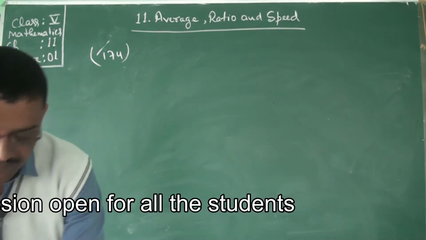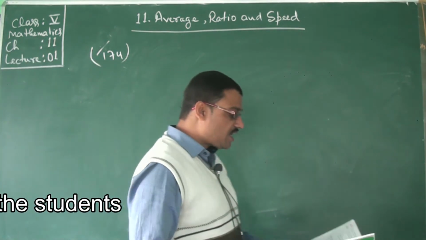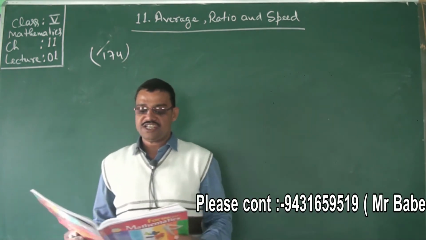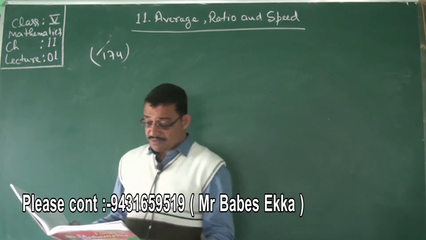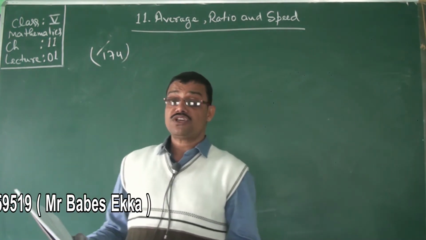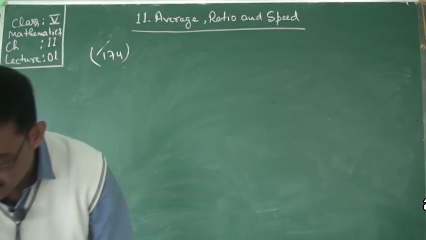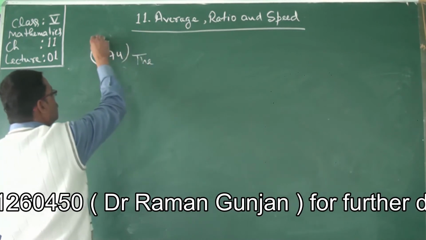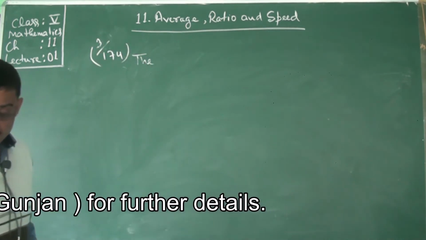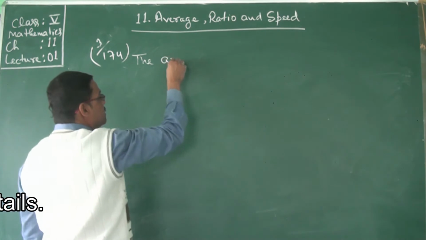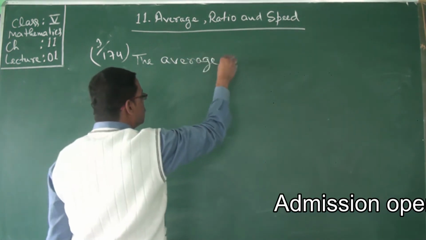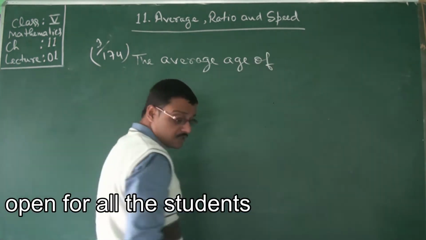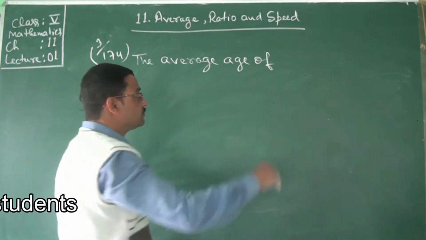The first sum: the ages of 6 children are 9, 15, 12, 10, 6 and 14 years respectively. Find their average age. As the number of children is 6, we will write it in simple language. For the 3 number sum, the average age of 6 children